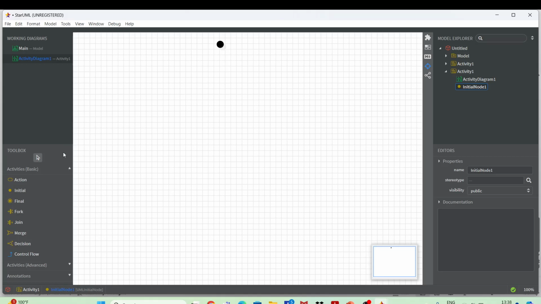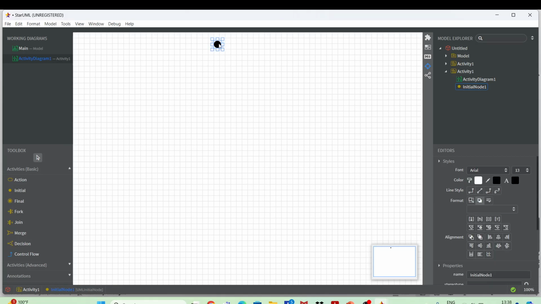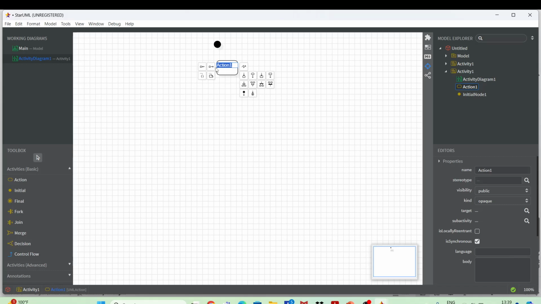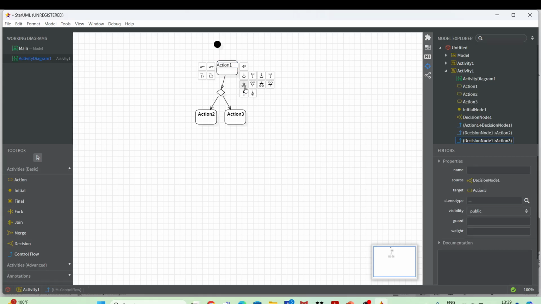Let's say some inquiry is there. First of all, one action: somebody makes some inquiry about the book, and the librarian will check whether it is available or not. So he will take a decision. What decision will he take? Either the book is available or it is not available. So here I have used this decision.